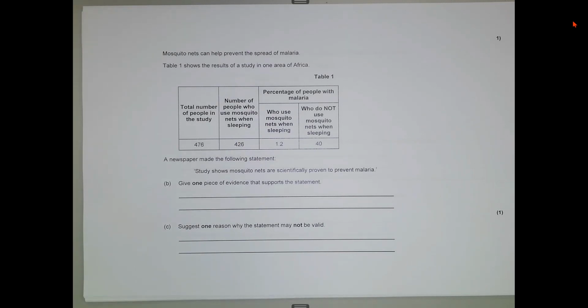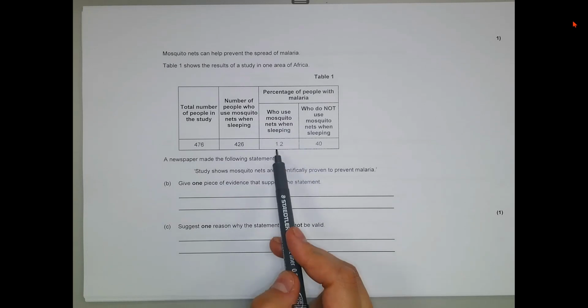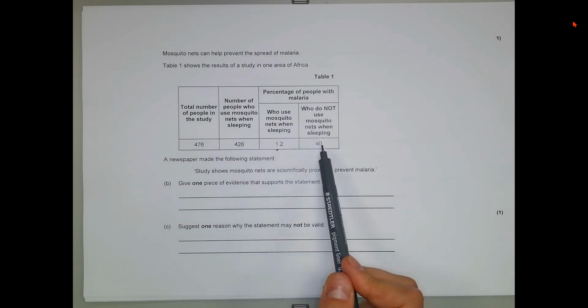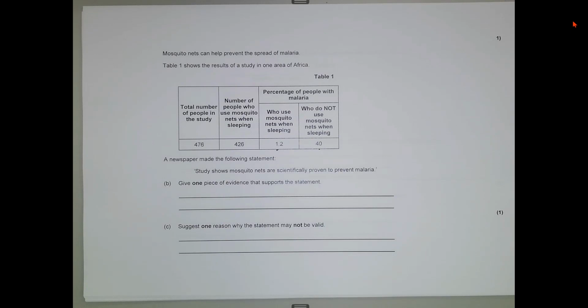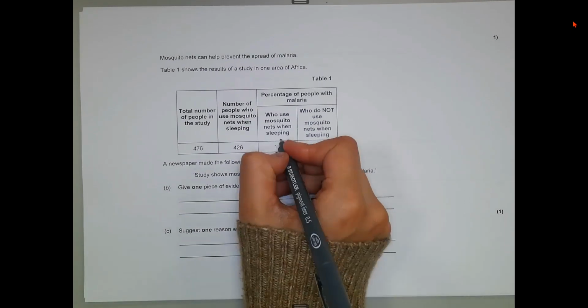Firstly, if we have a look at the data, out of 476 people, 426 of them used a net. And those who did use a mosquito net when they were sleeping, only 1.2% of them got malaria. Those who did not use a mosquito net when they were sleeping, 40% of them got malaria. So one piece of evidence that supports that mosquito nets are scientifically proven to prevent malaria could be that there